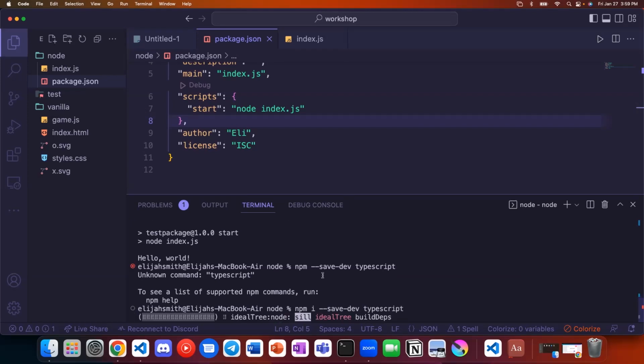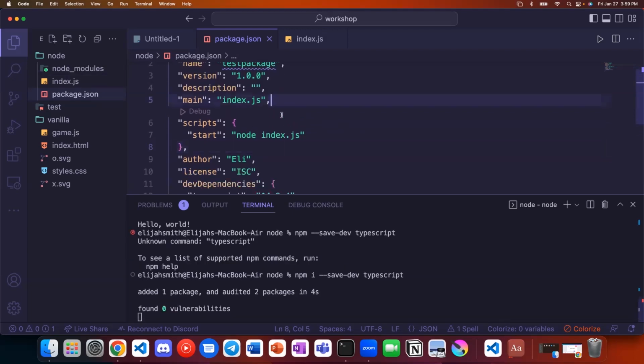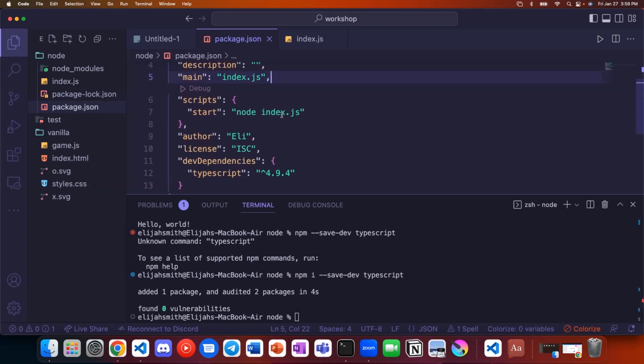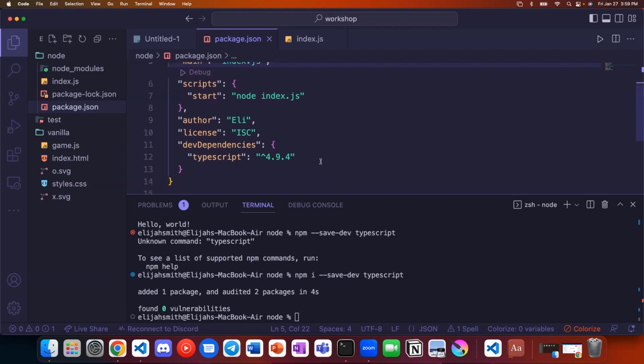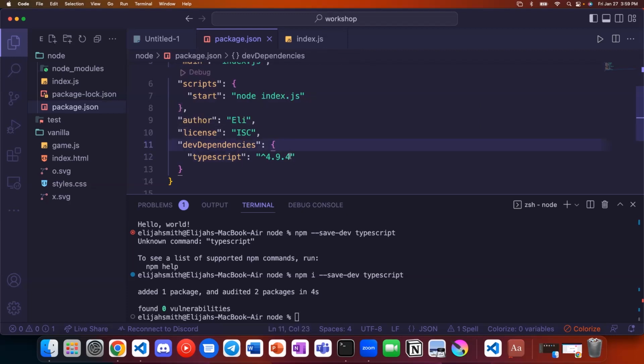npm install something. And when we install, we can install it as a dependency or a dev dependency. If it's a dependency, when this is actually running in production, it's required in order to run it. Otherwise, a dev dependency is only required on your computer when you're developing it. TypeScript is only really useful on your computer, not in production, because TypeScript isn't directly interpretable. It has to compile down to JavaScript.